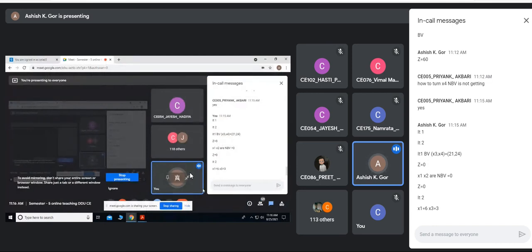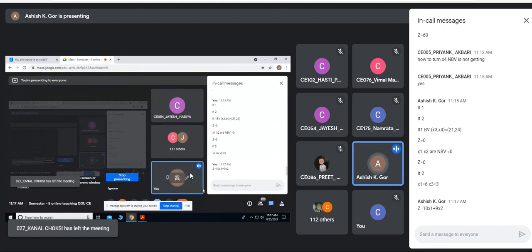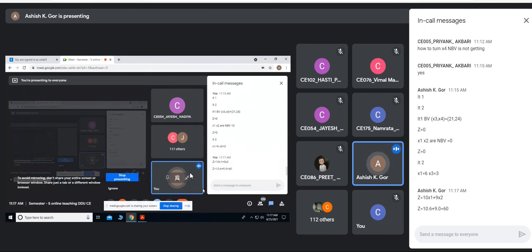So z is equal to 10x1 plus 9x2, which means z equals 10 into 6, but 9 into 0. Why? Because x2 is still non-basic. So it is 60. 10 into 6, 60, but x2 is 0. So I improved the solution. Have you noticed this? Earlier the profit was 0, now it is 60. So getting the criteria number 2, that in every iteration I want to make progress. Can you say this is progress or not?